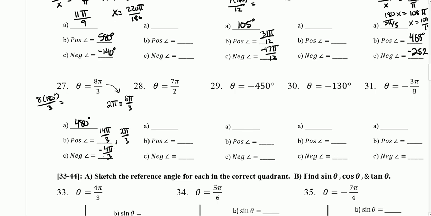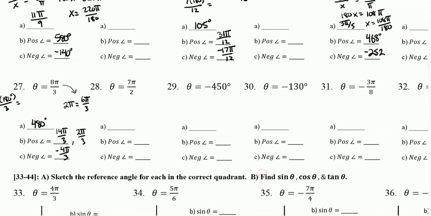So I did more than they asked. I came up with 2 different positive coterminal angles. 29, we got negative 450 degrees, and negative 450 converts to x, and that's going to equal